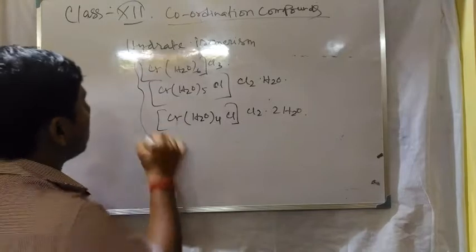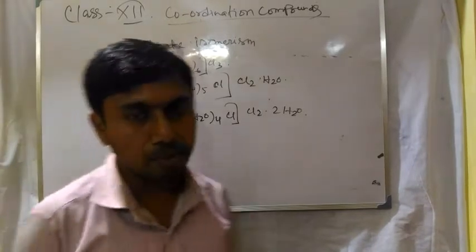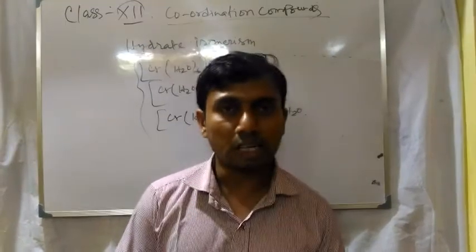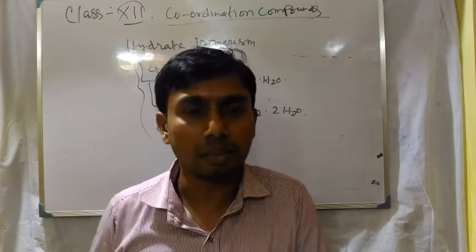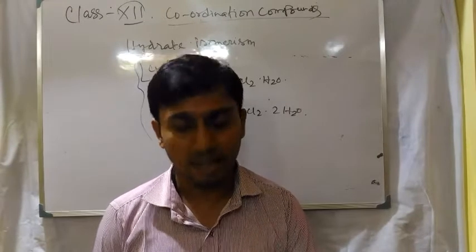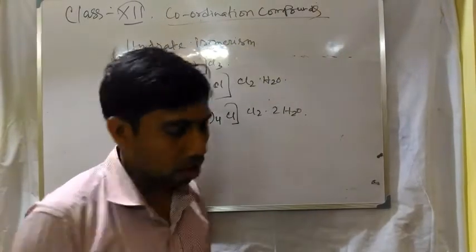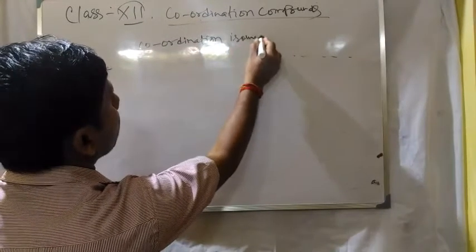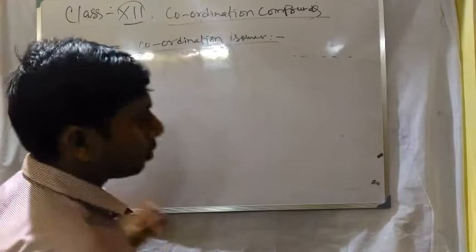So these are the examples of hydrate isomerism or hydrate isomer. Next one is the coordination isomer. Coordination isomer means the compound formed with the same metal but different ligand. For example, a compound of cobalt, coordination isomer. Just follow the example: Co(NH3)6